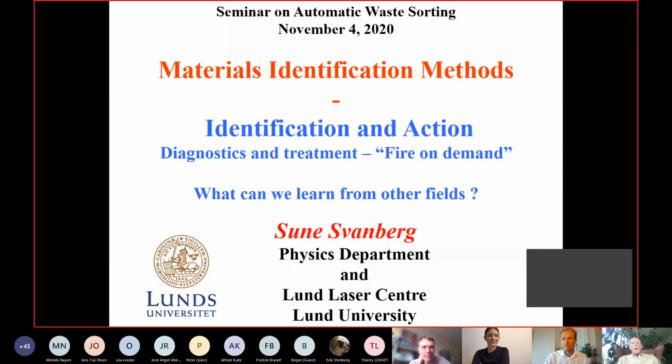So I'm giving a quick survey about materials identification methods. What we talk about here is, of course, identification followed by some action to sort. And we can think about that from many different areas of human activities, like diagnostics and treatment in medicine. The military have their fire on demand sort of. I would like to survey a bit here about what we can learn from other fields to generate some thoughts